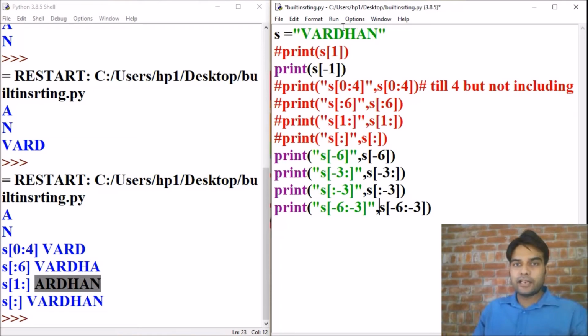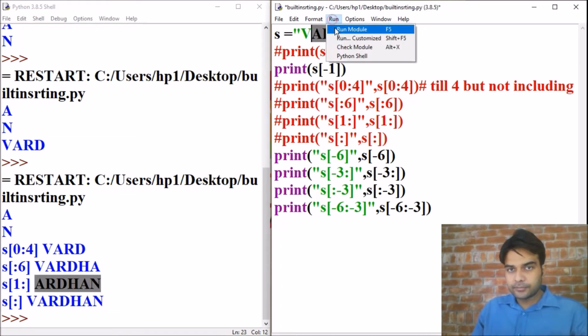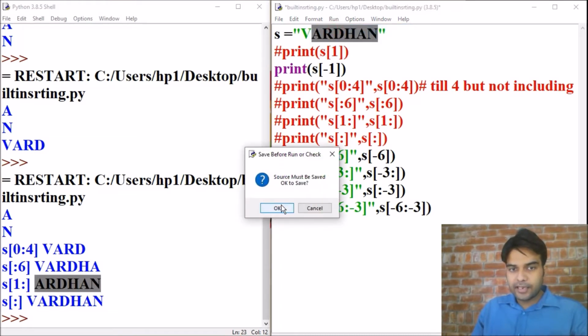Now let's see for negative index. For s minus 6: minus 1, minus 2, minus 3, minus 4, minus 5, minus 6, A will be printed. And this will start from minus 3, so it will start from H. Now let's run the code.